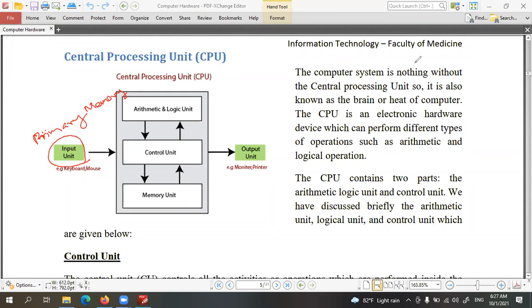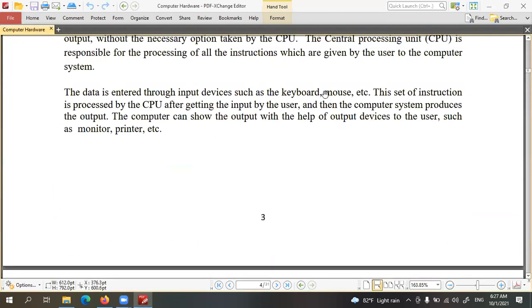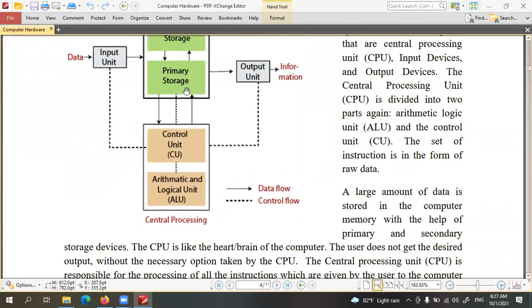Here in the diagram also you can see this is the central processing unit. The input unit for this central processing unit is the primary storage, that is main memory. There's a main memory in the computer. So that main memory is the input device for this central processing unit, CPU.